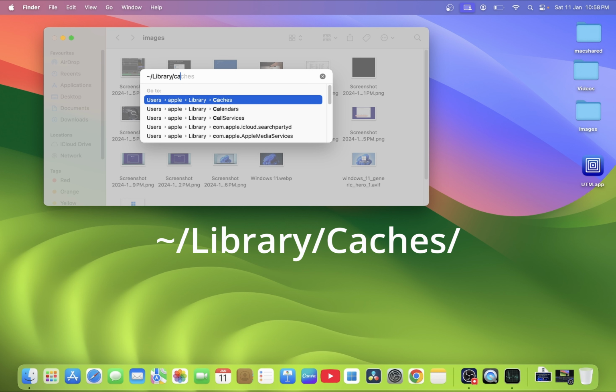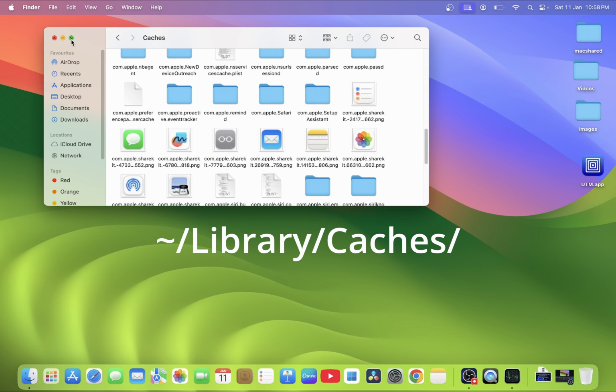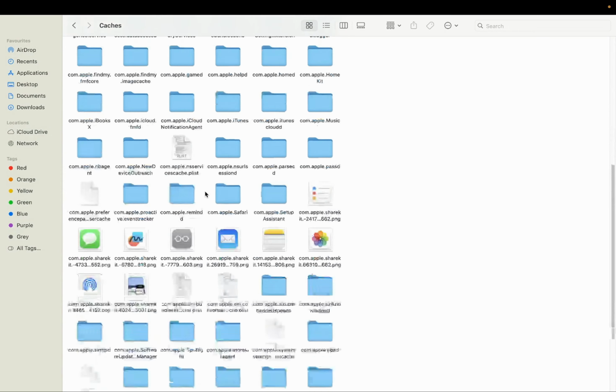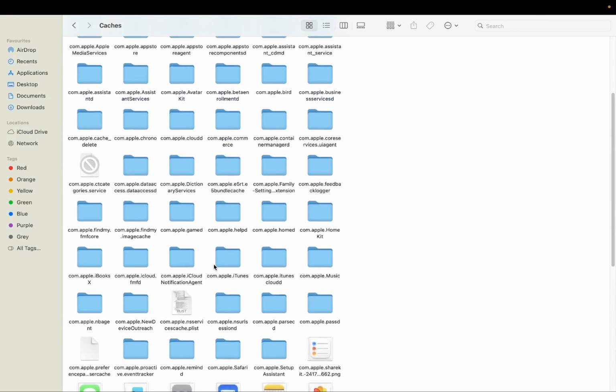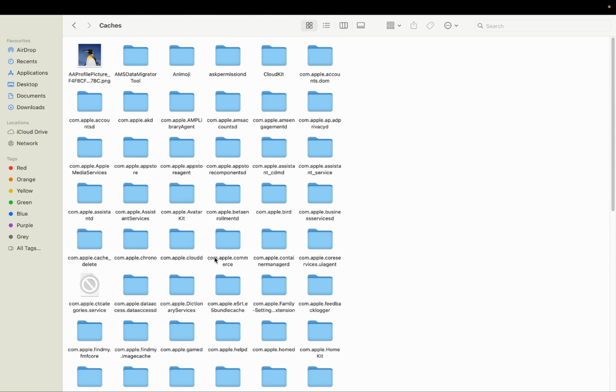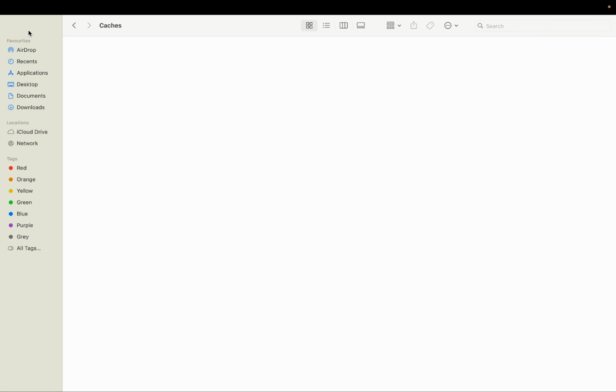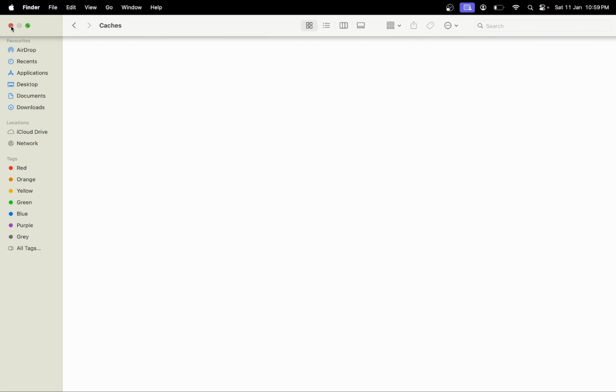Now cache, this is the location. Press the return key, and once you press the return key you should able to see all the cache here. You just need to select all of them with the command plus A button and command plus delete button. Now you can see we have cleaned all the cache,